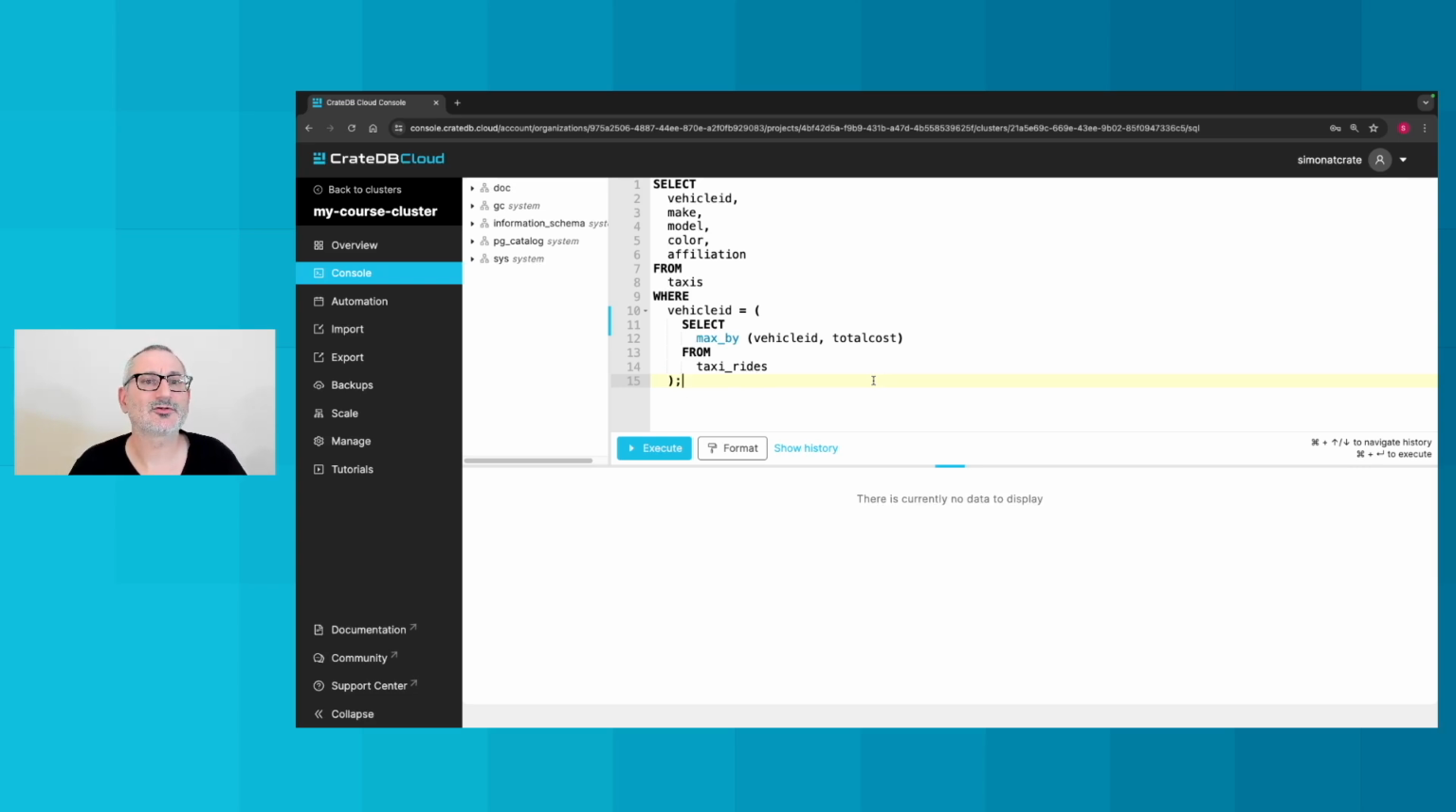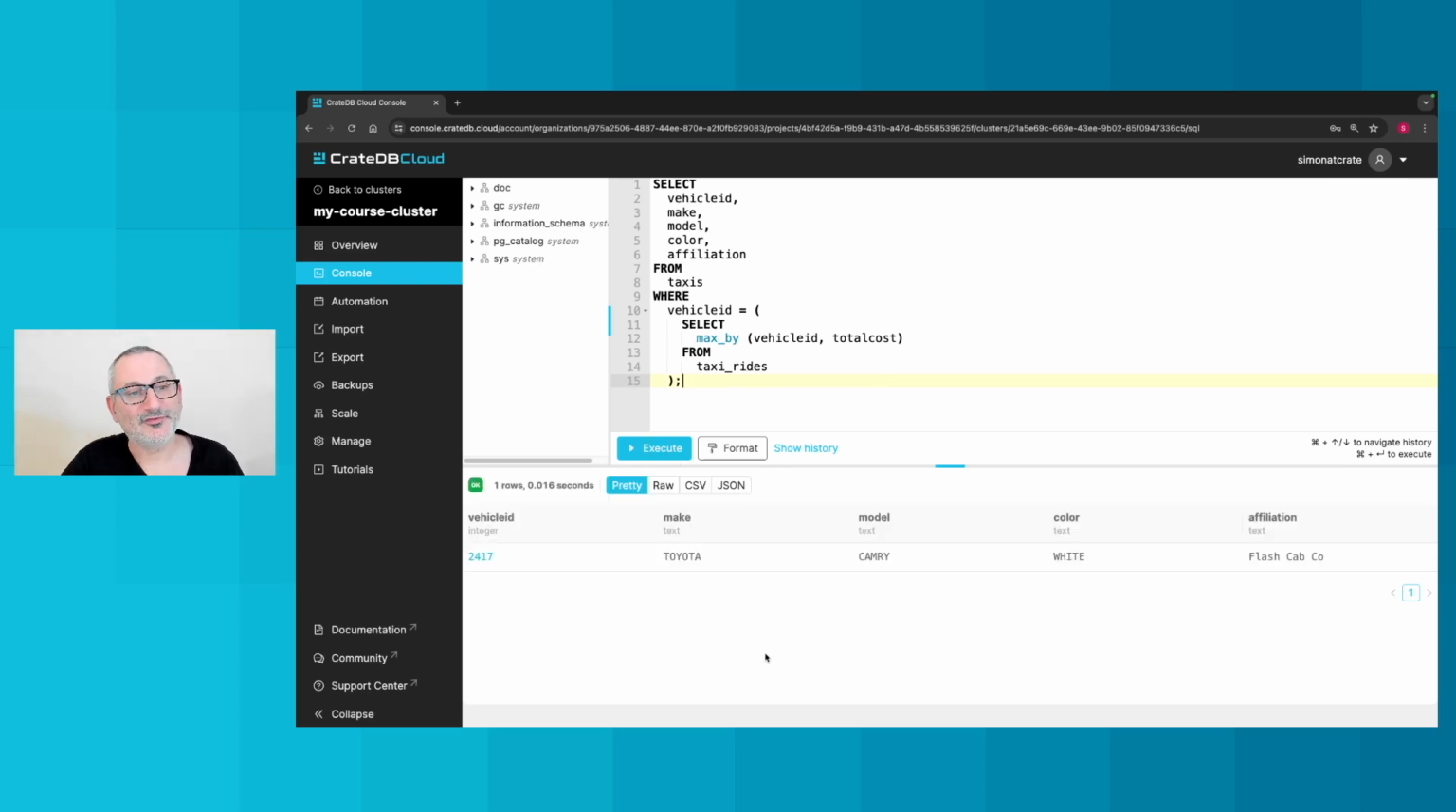And for this, we use CrateDB's max by. This returns the value of its first parameter, so vehicle ID, at the point at which the second parameter, total cost, was the highest. When I run this query, we'll see that vehicle 2417 performed the trip with the highest